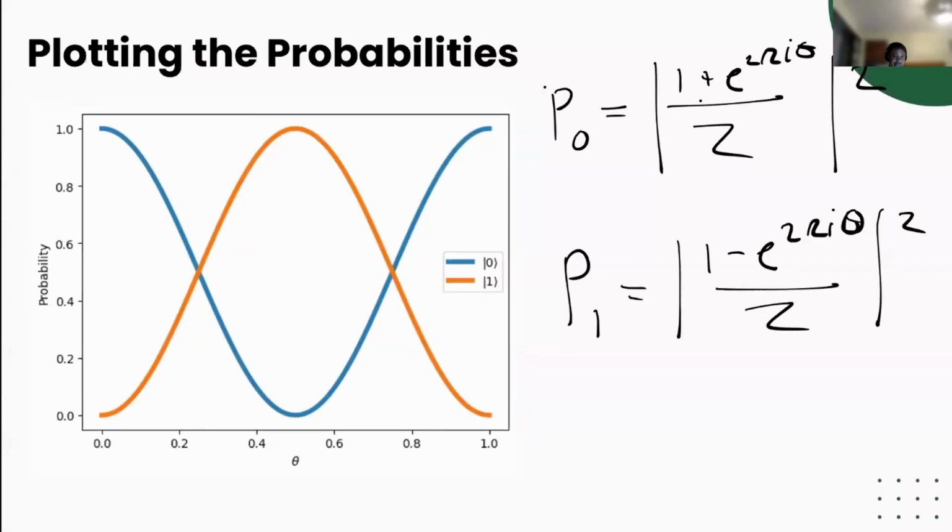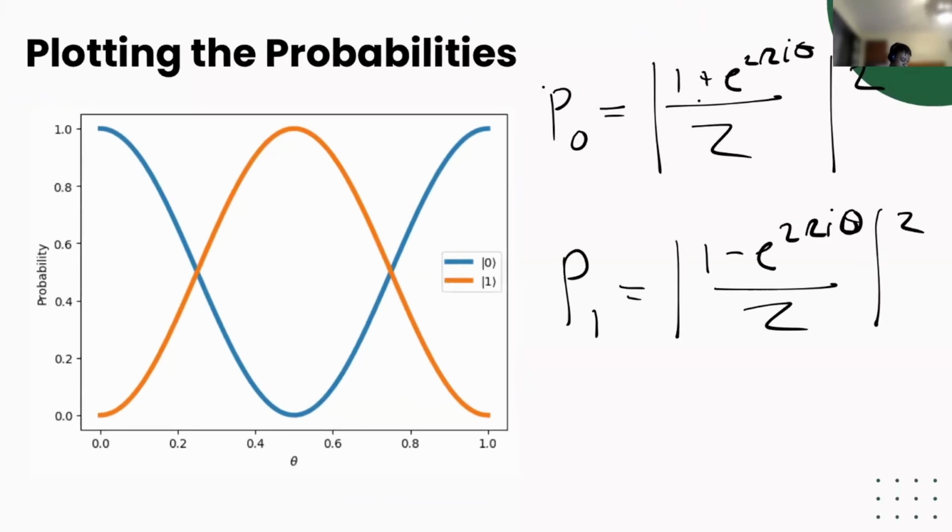So looking at this, let's say, for instance, that we were guaranteed to have a theta that was either 0.5 or 0. Well, when we measure our circuit, we'll know exactly which theta we have, because we'll either get a value of 0 or we'll get a value of 1. And depending on which value we get, we know which theta that we have.